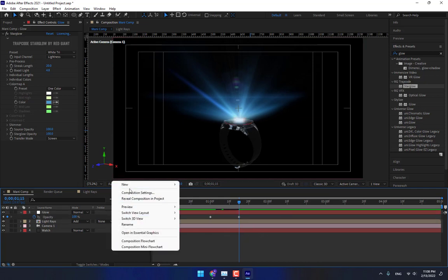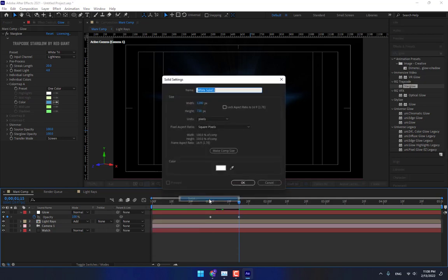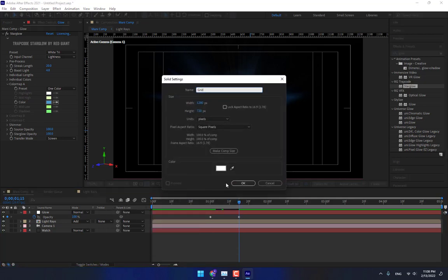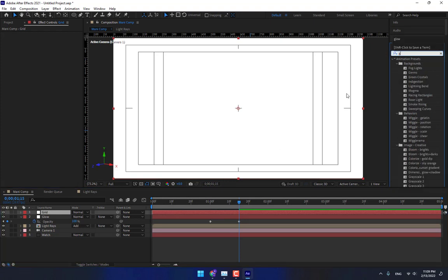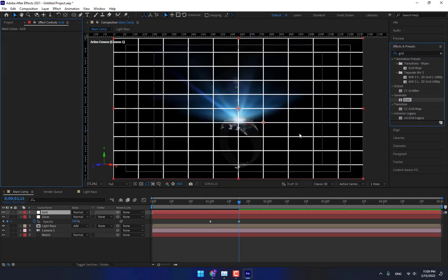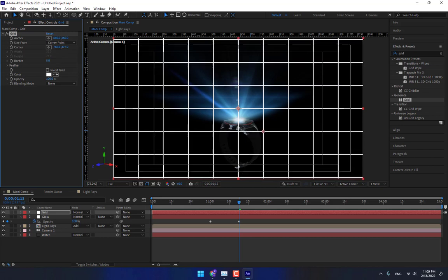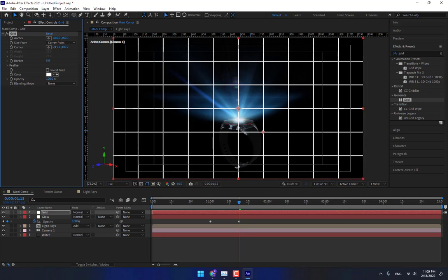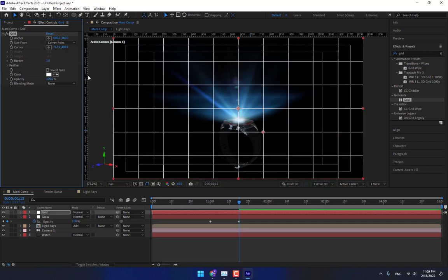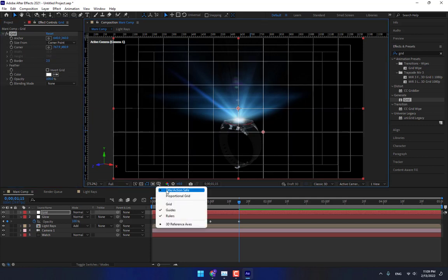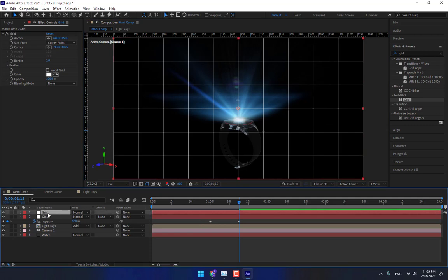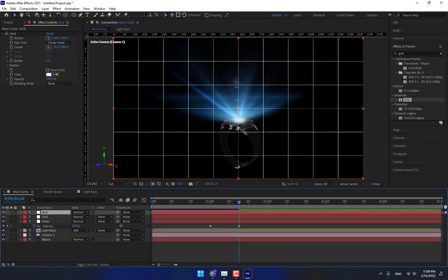And now right click, create new solid, name it grid, press enter, and right here grid, press Ctrl for slowly change the rates and change the size 3, 2, and turn off title action safe area, and Ctrl D, duplicate,